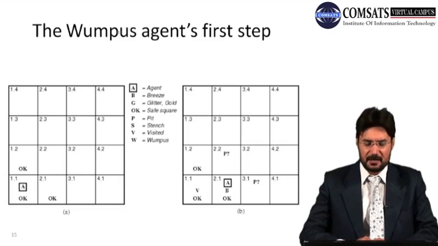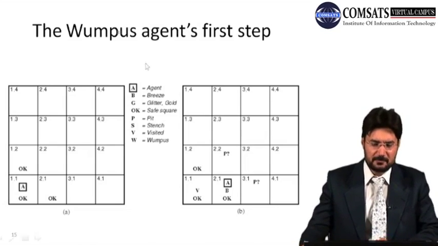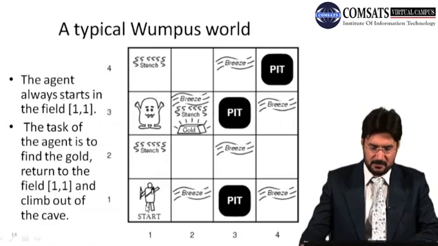So we call A an agent, B a breeze, G a glitter for gold, or you can also say gold. OK is a safe square, so you can move to this one. P is a pit, S is a stench, V is visited, W is a Wumpus. So we have all these abbreviations, and now we will try to use them. So at the beginning, when we are at point 1.1, which is here,